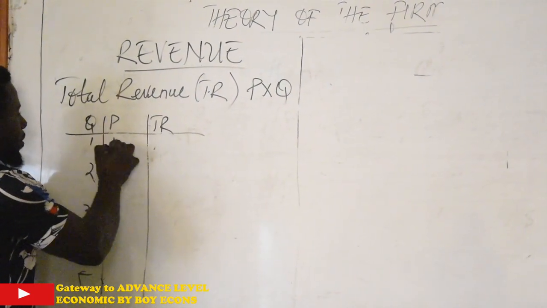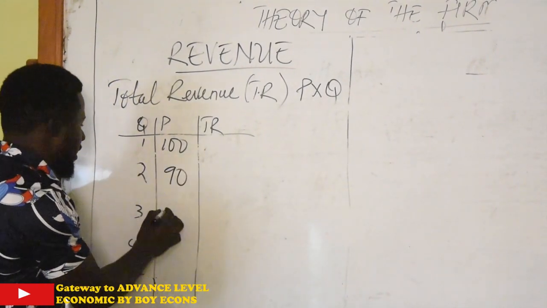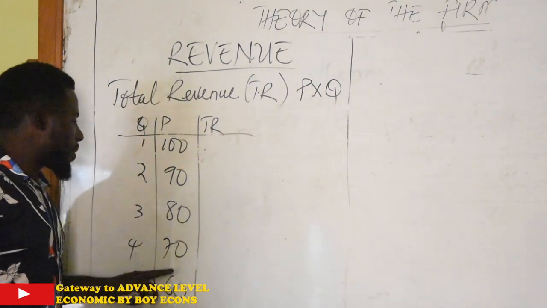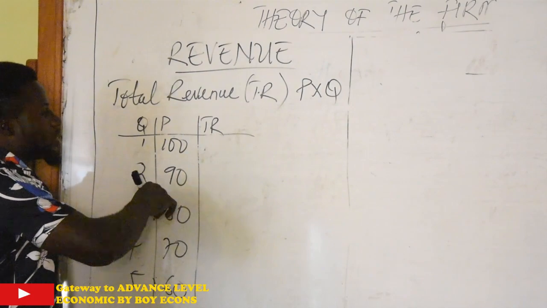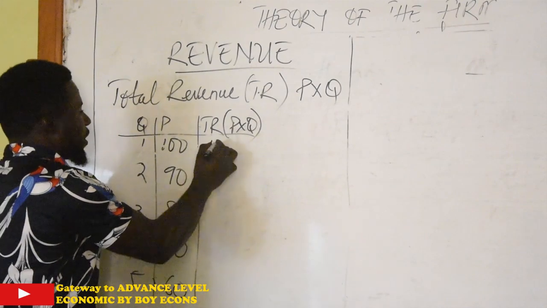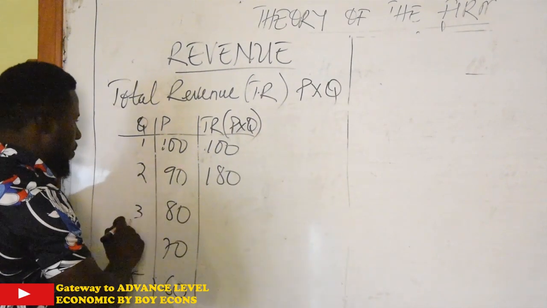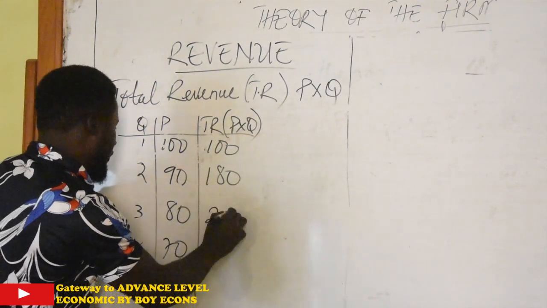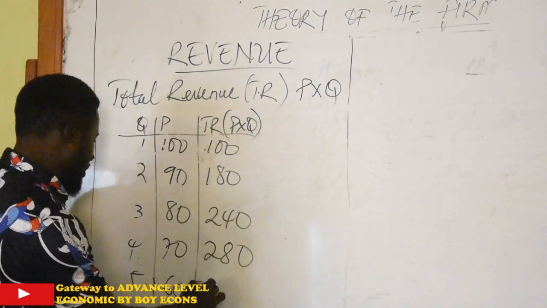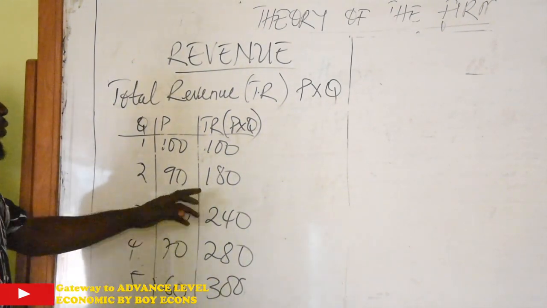You have 100 francs when one is bought, and then maybe 90, 80, 70, and 60. That shows that prices drop as output bought increases. So our total revenue here, remember we said total revenue is price times output. 1 times 100, 100, 2 times 90, 180. And then we have 80 times 3, 240. We have 70 times 4, 280. We have 60 times 5, 300. Okay, so you see that the total revenue is not